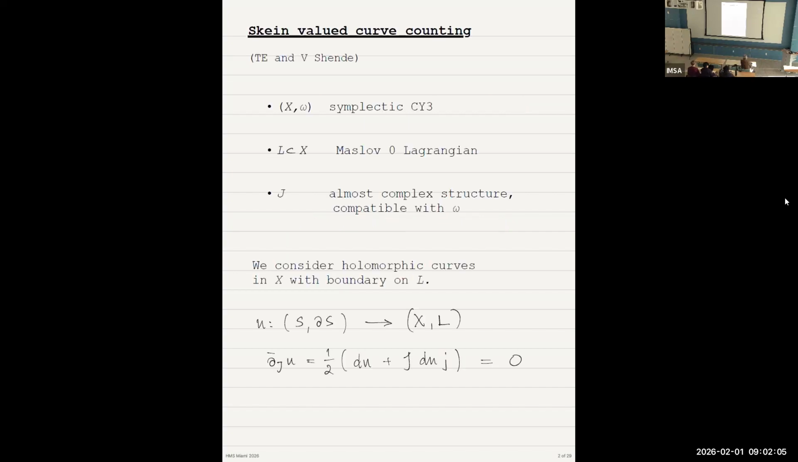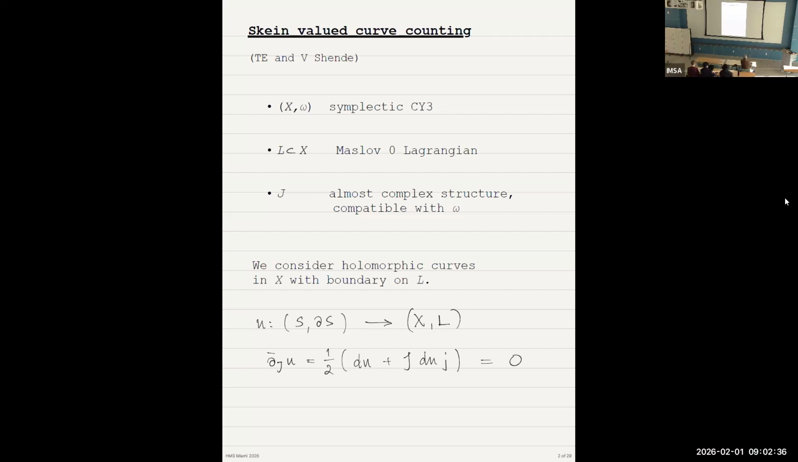But I will start by explaining what this Skein-valued curve counting is about, and this whole thing, if I compare to some of the other talks, will be a little bit less algebraic than what you're used to, but hopefully still understandable. So this is something we developed with Vivek Shende over by now many years, and the setup